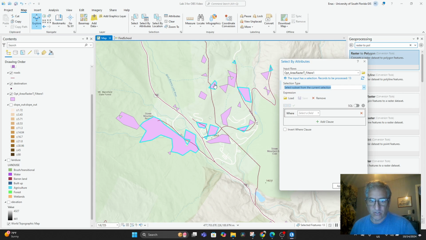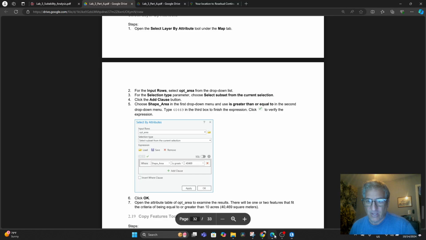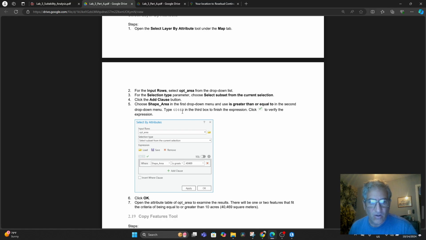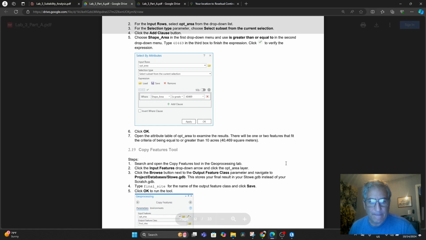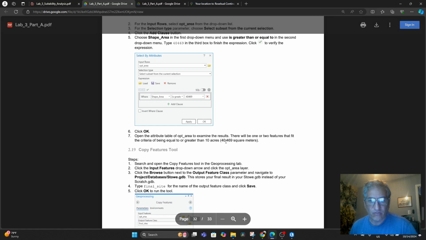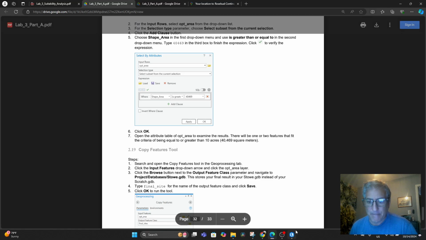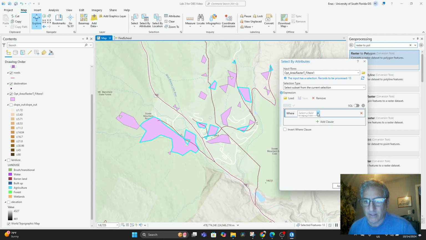The current selection is the ones that intersect with the road that are in blue, and then it's going to be where the shape area is greater than 40469, and that is 10 acres, 40,469 square meters. And so where the shape area is equal to or greater than, rather,